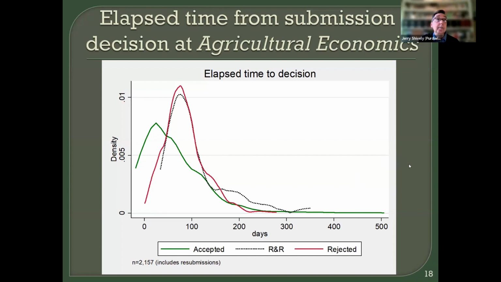And again, the importance of this is that there's a very long period of time in which your paper will not be in your hands, but it will be in the hands of reviewers. And so it makes sense for you to invest as much as you can in making your paper strong before it gets into the hands of reviewers.